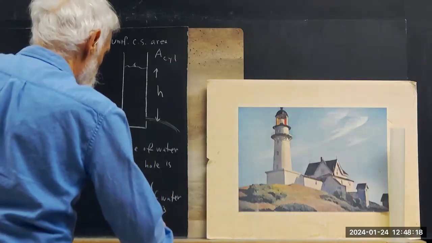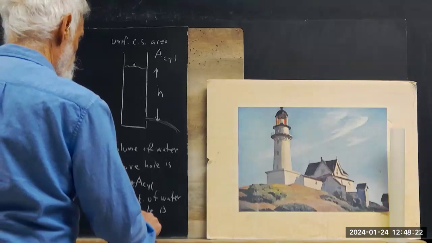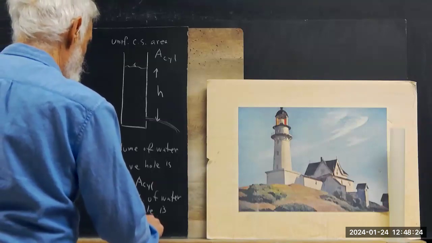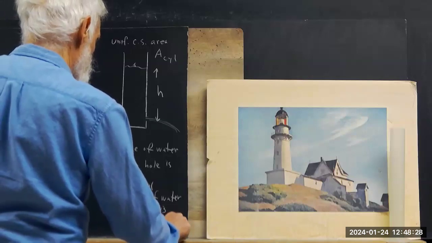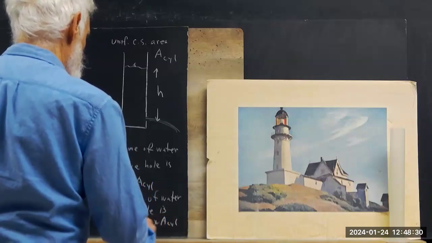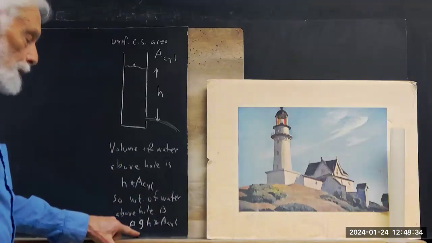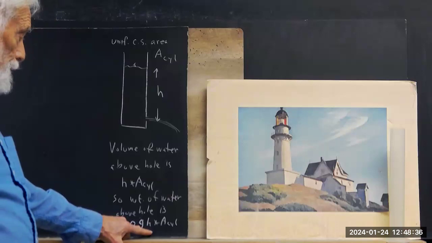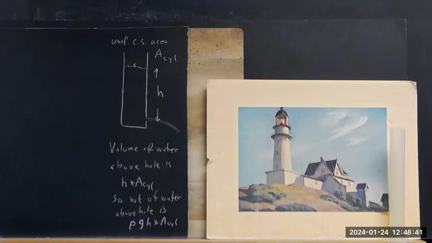Let me just put the right rho down here. Rho, G, H. I think that's legal. Density of water times acceleration of gravity times H, depth, times the area of the cylinder. So from down here,